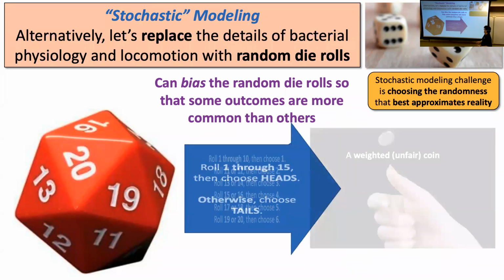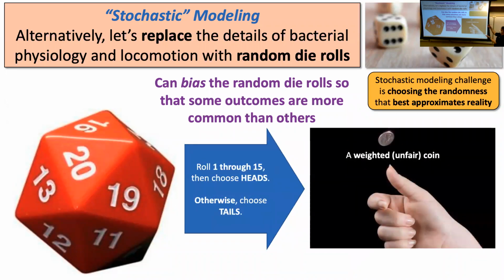So as an example of that, if I wanted to simulate a weighted coin, so it's just got 2 outcomes, heads or tails, but I want to make it heads very often and tails not that often, then I can say, if you get 1 through 15, it's heads. If you get 16 through 20, it's tails. And so that's a way that without having a coin inside the computer, I can simulate a coin that's unfair.